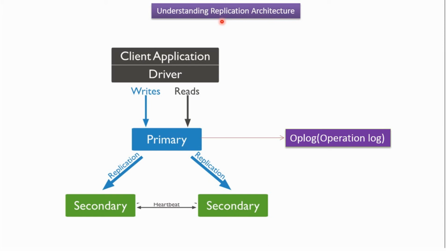In this video tutorial I will explain the replication architecture of MongoDB. Here you can see the primary server, and the primary server has all the data. Here you can see two secondary servers. This is the first secondary server, and this is the second secondary server. The data from the primary server will be replicated to these secondary servers, and the process of copying or replicating primary server data to secondary servers is called replication. These two secondary servers are communicating using a heartbeat.